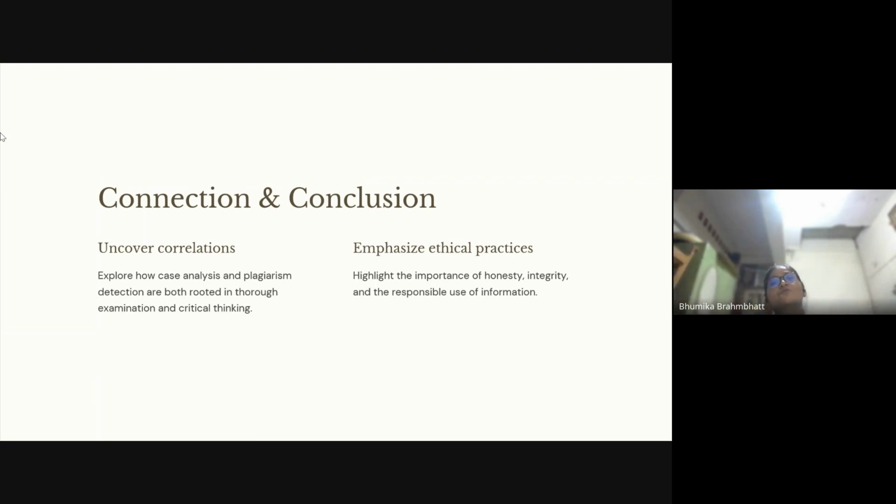So before doing case analysis, be a critical thinker about the case analysis and be involved in that case. Involved in the sense you should get involvement personally. I'm talking about you should connect the part, what the part wants to tell us, to the public, to the general reader who is coming to read your article or case analysis,